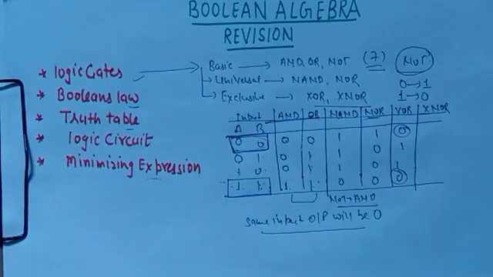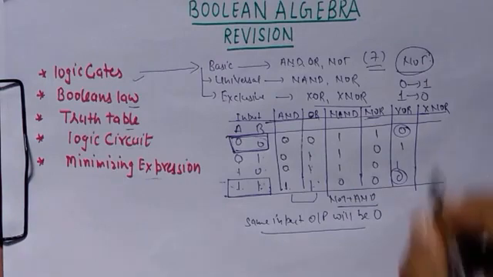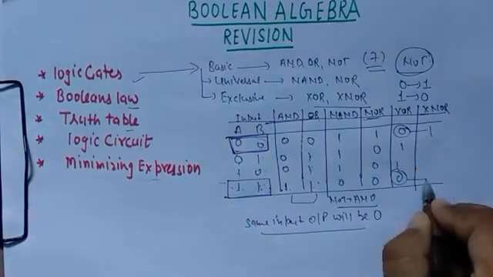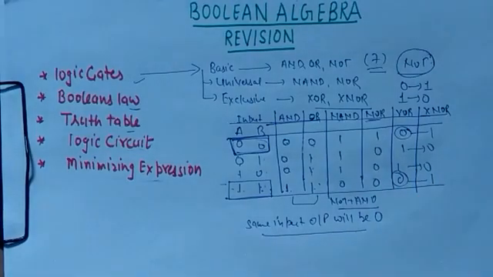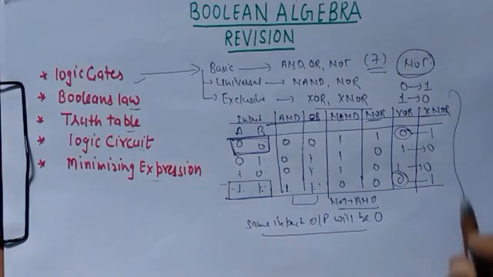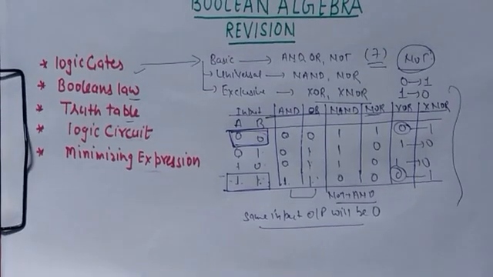Okay. Now what is XNOR gate? It is quite obvious that it is the opposite of XOR gate. So opposite of 0 is 1, opposite of 0 is 1, 1 is 0, 1 is 0. Or we can say that in XNOR gate, in same input, output will be 1. So this is the truth table of all the logic gates. Now one by one we will see the logic circuit for each gate.